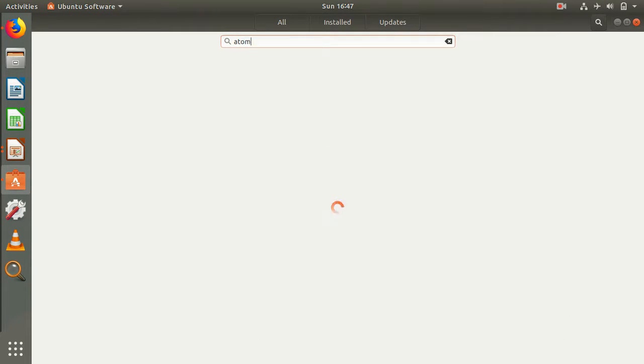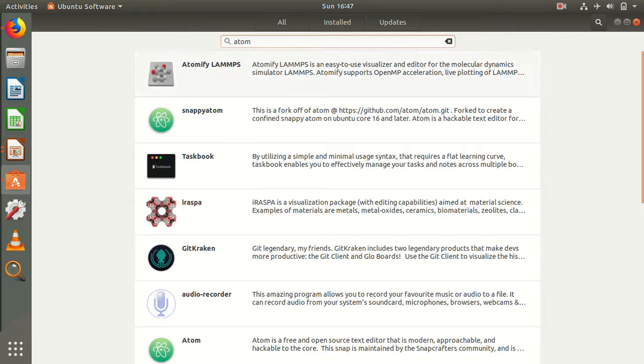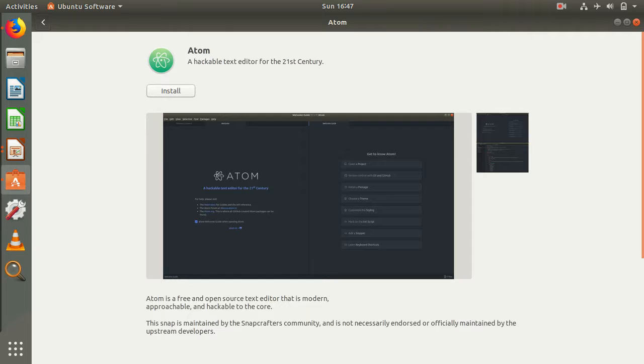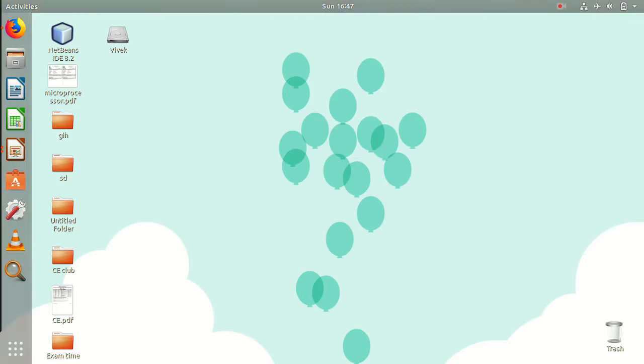If you want to install Atom, search for Atom, then click on install. I have already installed it, therefore I won't be reinstalling it. After installing it, you are good to go. It is just a graphical user interface. There is no need for command line here. Once it is done,